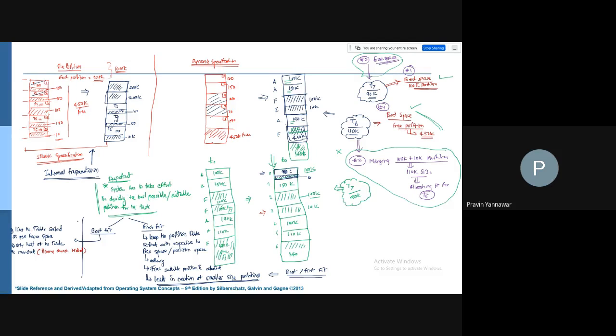So the searching will be half in case of best fit, and in case of first fit, the searching is equal to the size of the table at worst.